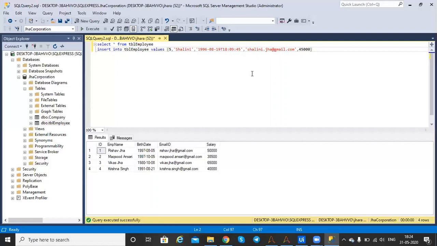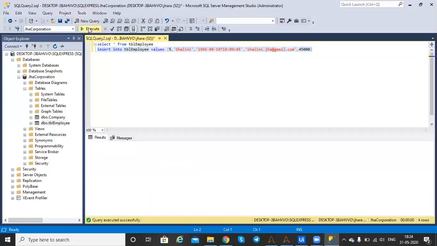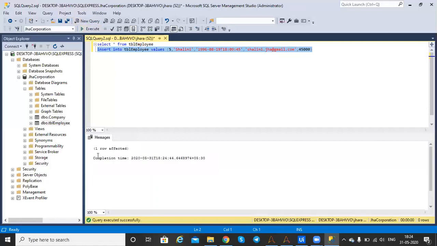After that we close this, select and copy it, and once we execute this query, we get the message that one row is affected.